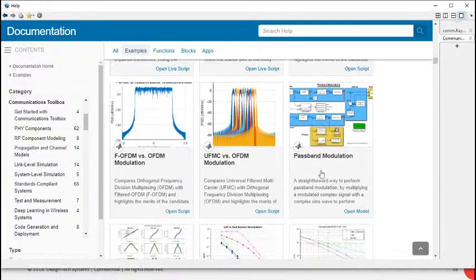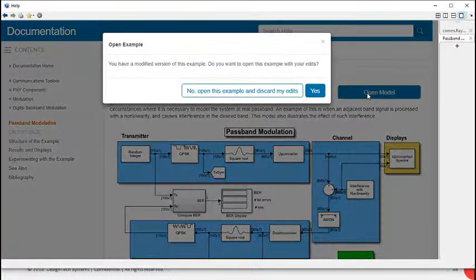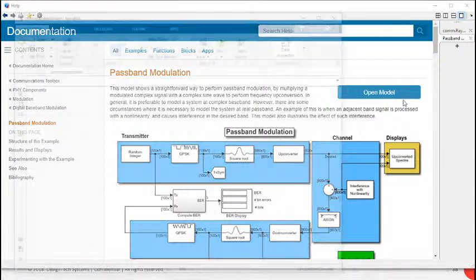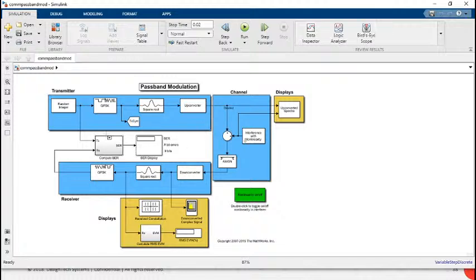You see that there are lots of examples. This is a passband modulation. If I open this model, you can see what things are available. Just let me open this model. It will take a little time to open. So you see, I just want to explain what blocks are available in Simulink